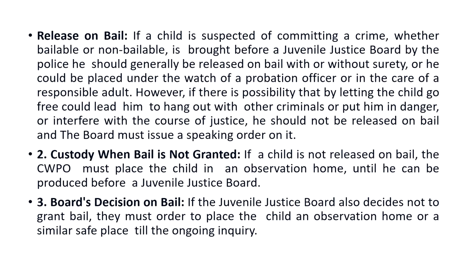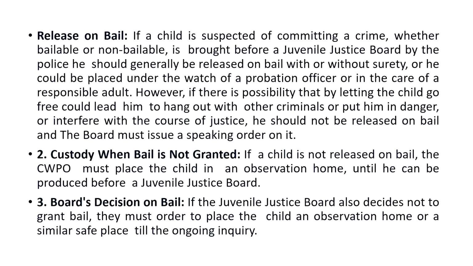Release on bail. If a child is suspected of committing a crime, whether a bailable or a non-bailable offence, and is brought before the Juvenile Justice Board by the police, he should generally be released on a bail, and grant of bail is with surety or without surety, and he could be placed under the watch of a probation officer or the legal cum probation officer or in the care of a responsible adult, that can be his family, his parents or his guardians. However, the bail can be denied on the 3 circumstances: if board has reasonable grounds to